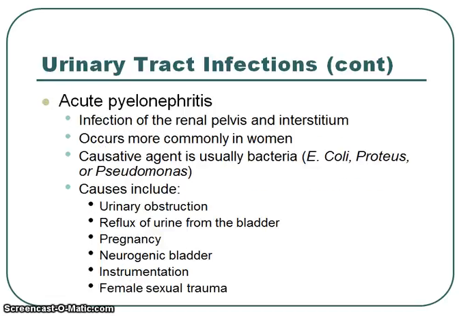If the infection travels up the urinary tract system, it can lead to other problems, such as acute pyelonephritis. This is when the infection is now in the renal pelvis or interstitium of the kidney. It occurs most commonly in women, usually from a bacteria. Most of the time it was a lower urinary tract infection that has migrated up. It can also be caused from urinary obstruction, reflux of the urine into the bladder, or from the bladder into the kidney,